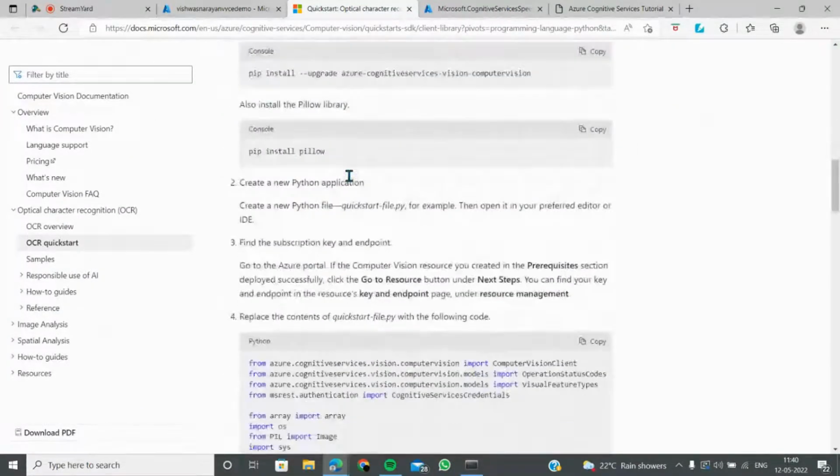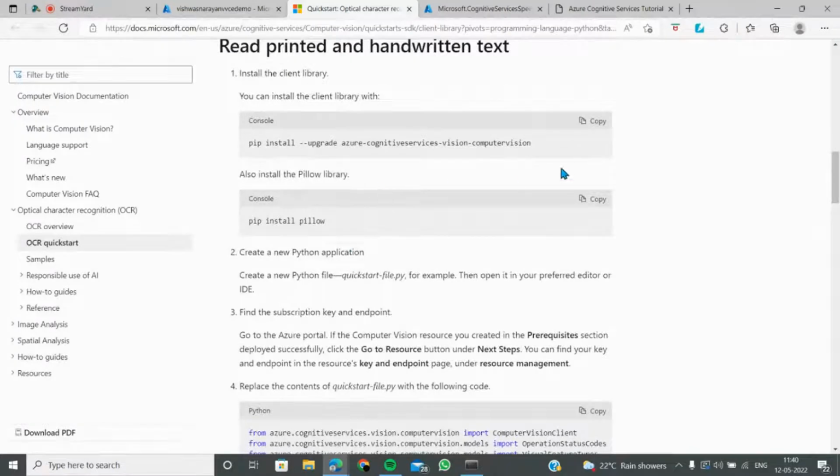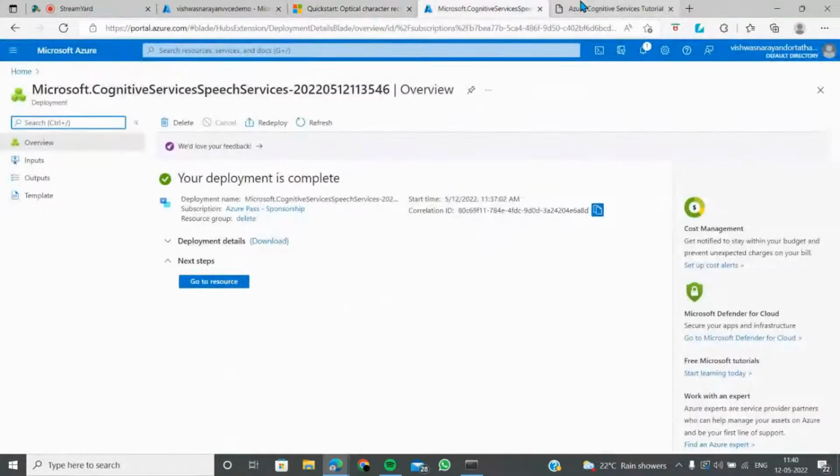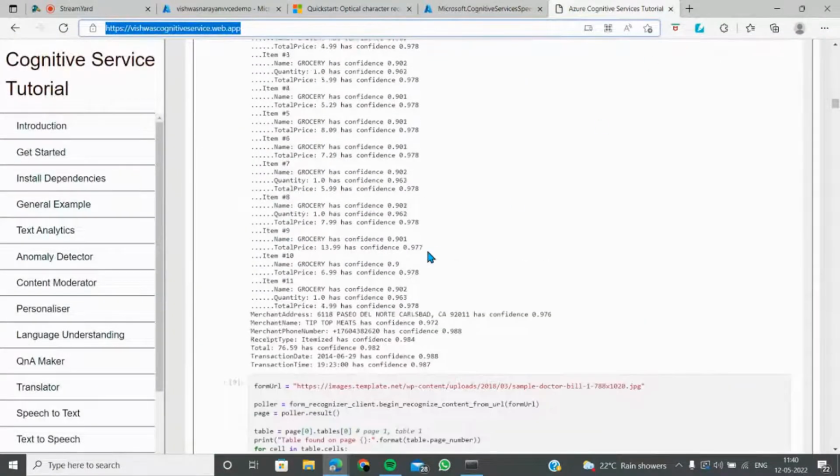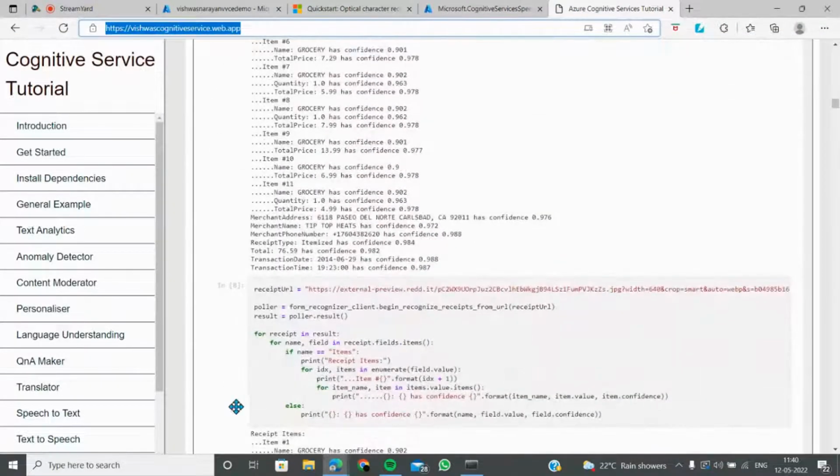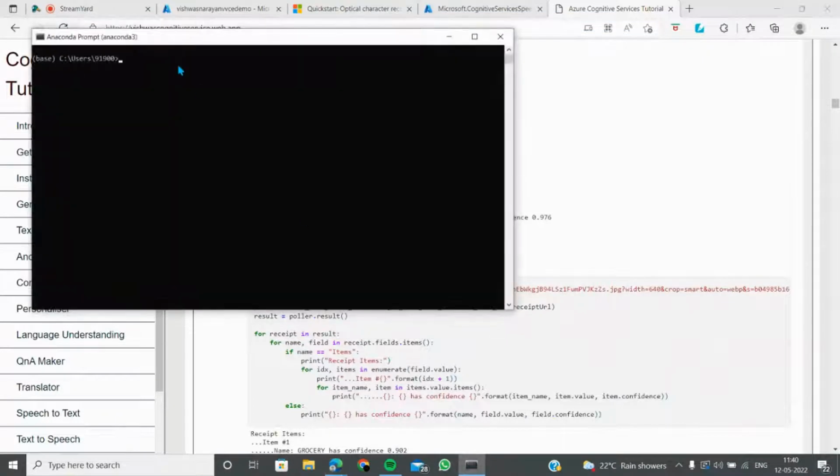This is Python, so don't worry about that. This is a computer vision API. So what I can do is choose any of the online editors and start using it. This was all generated on my own Jupyter notebook, and I started working on this one. So what I can do is I can say Jupyter notebook.